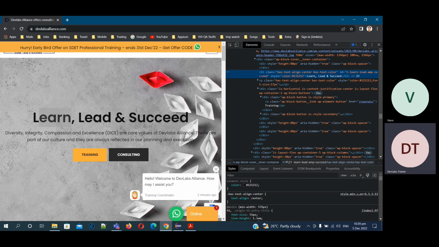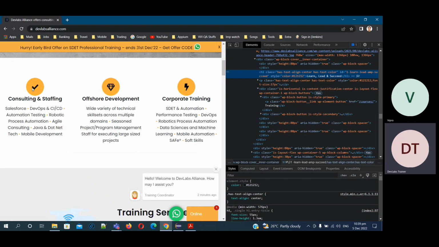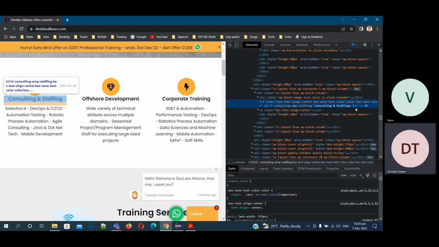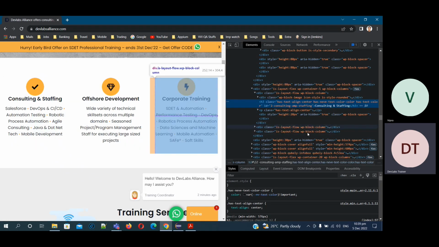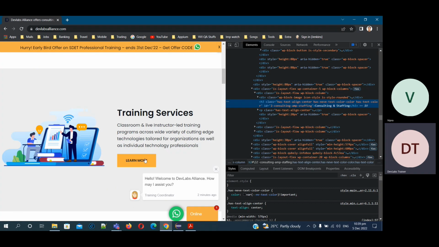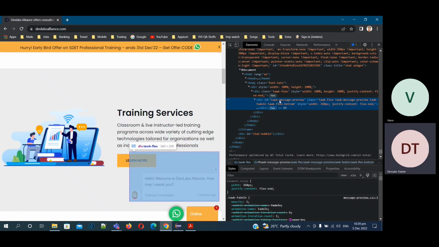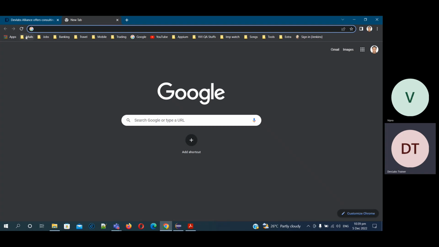So I will show you some examples like that. Consider that I'm clicking here, consulting and staffing. So I'm just looking for any name attribute. It's not there. Then you can see it has ID, has class, has. It has not, but I will do what? I will open